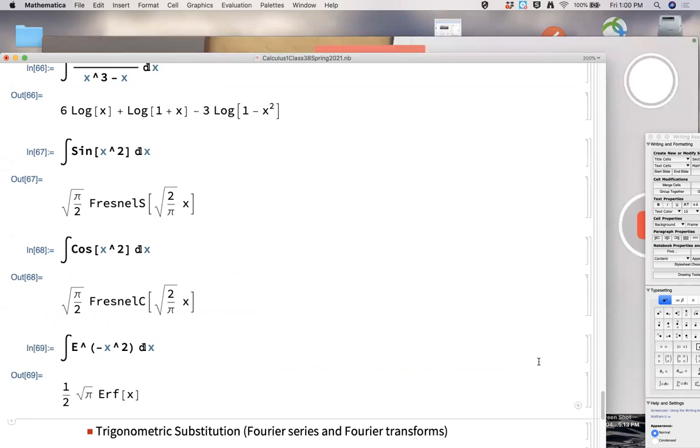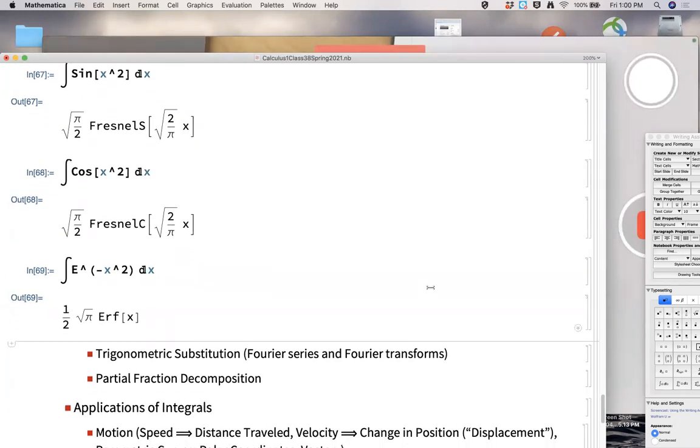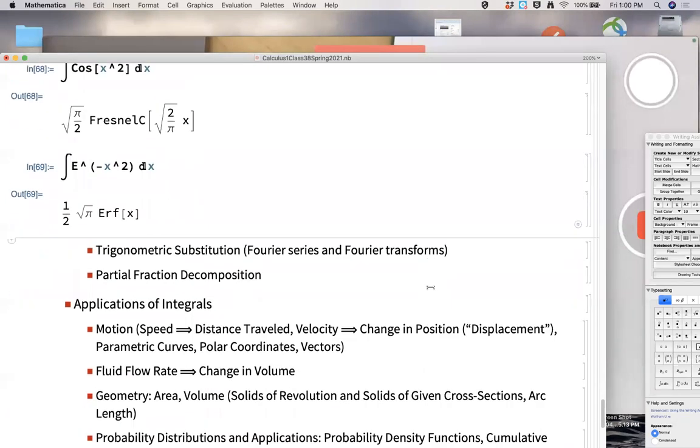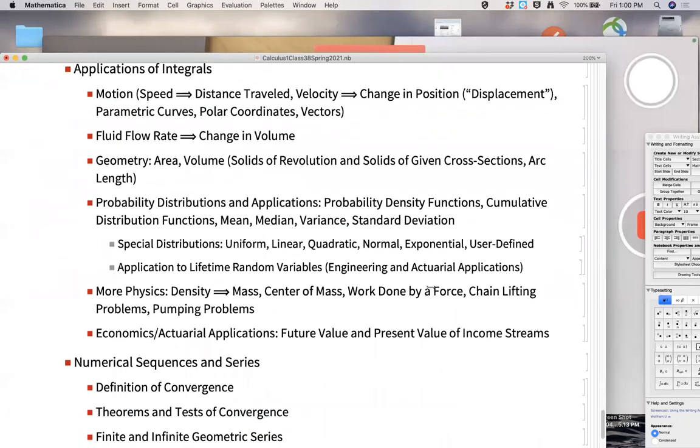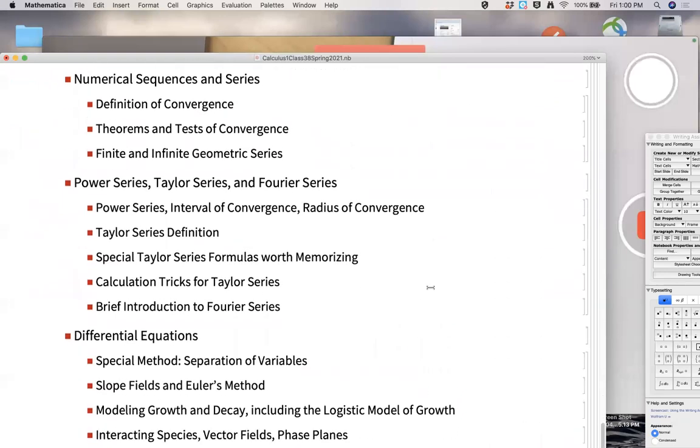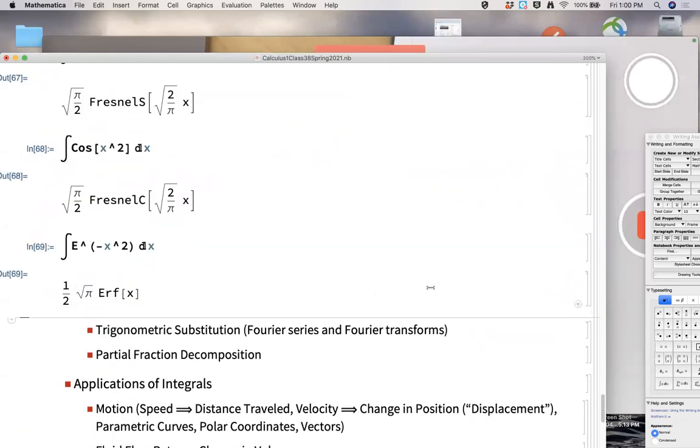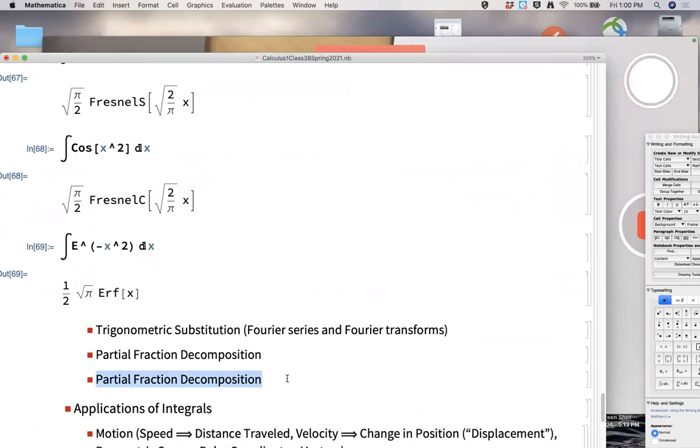What are these things? They're just functions you've never heard of before. That's all they are. They can be defined using integrals. But how do you compute these functions without a computer? You'd have to do what's called numerical integration, which we touched on a little bit. Looks like I did not put numerical integration in here. Maybe I should. Numerical integration